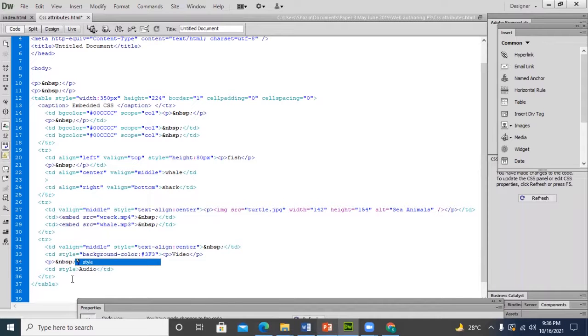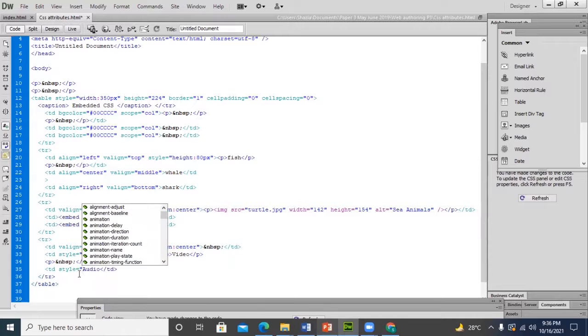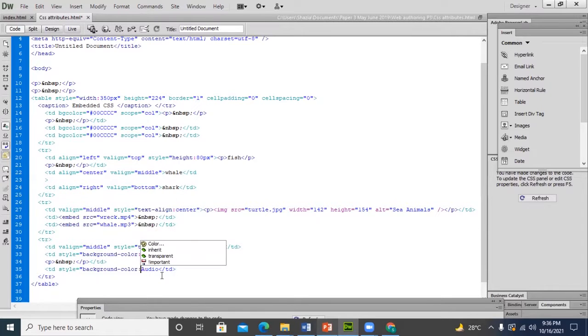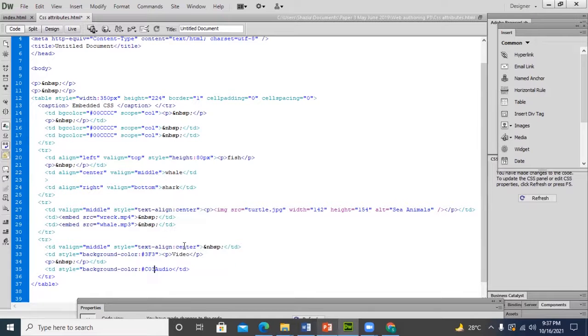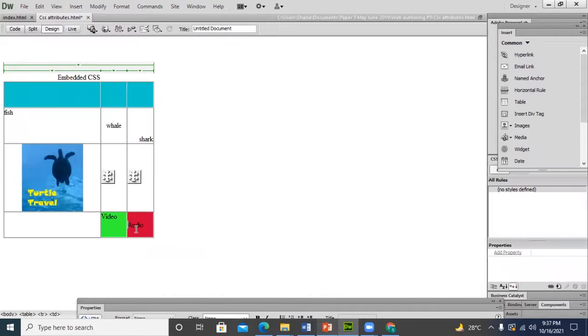Further, again the same task is equal to inverted commas, and your BG color is, this time I will select another palette like a red. So close commas and tag. So same here. Now the color palette has been changed. This is how we can change a particular cell BG color.